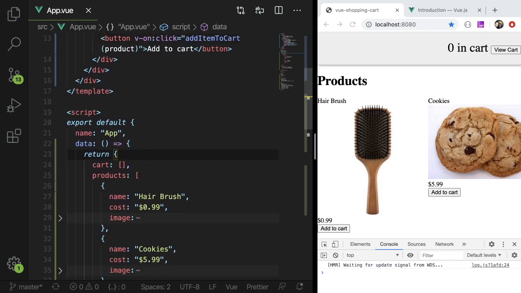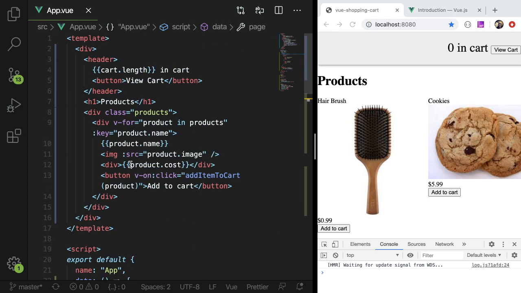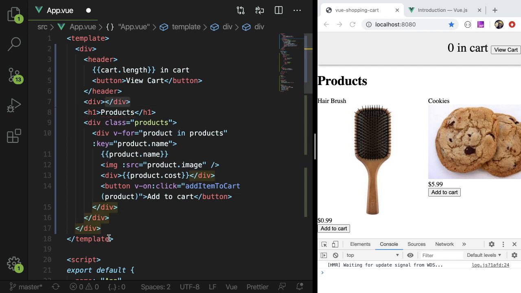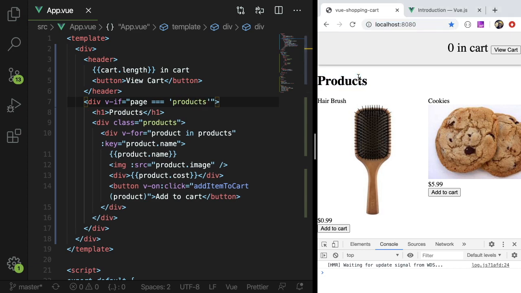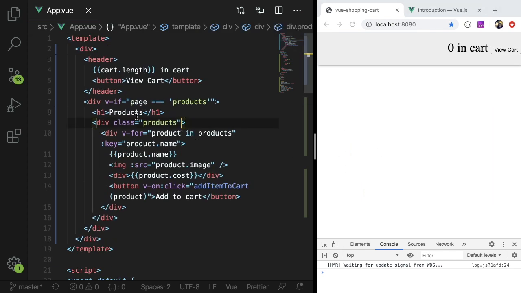So what we could do is just add another thing called page, and we will say products. And we want to just basically show that. So like I said, I can make a div and wrap all those, wrap our products. And we could later split this out in the subcomponents if we want to. But basically, if page is equal to products, then we want to show the stuff down here. And just to show that this will break, if I change this page to like cart, it goes away, okay? And again, what we're trying to achieve is when you click on view cart, we want to basically change the page to cart